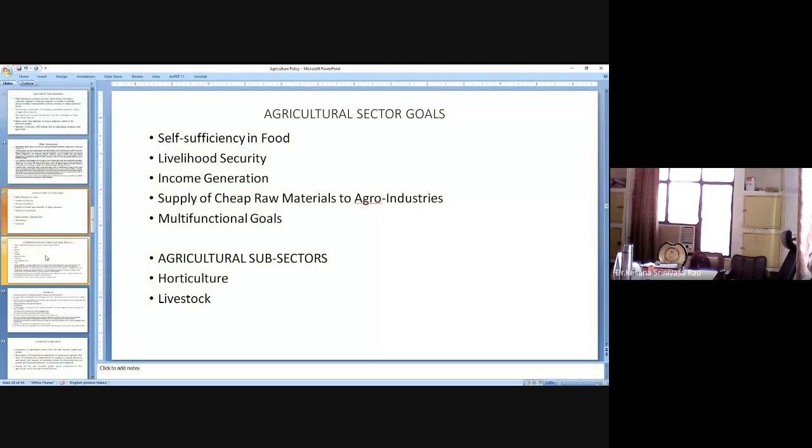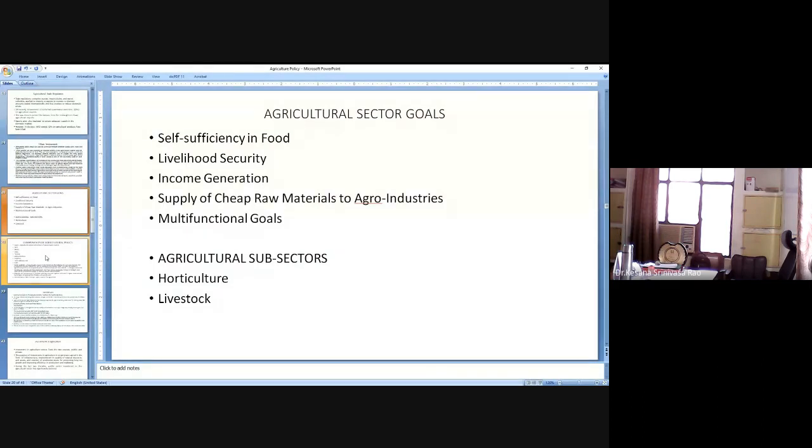Self sufficiency in food, livelihood security, income generation, supply of cheap raw materials to agro industries, and multifunctional goals. These are the five types of agriculture sector goals, which are very crucial to the success of